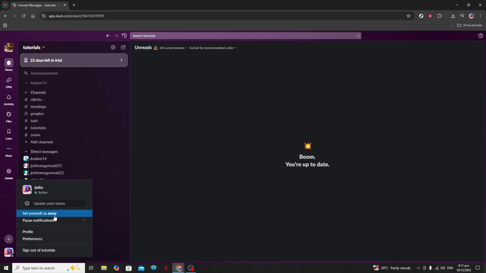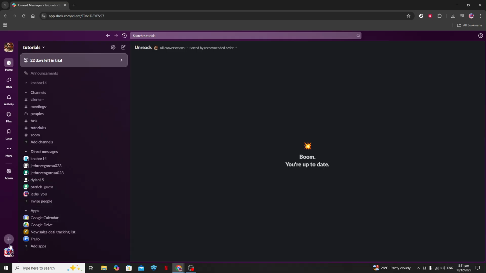However, if you're using the Slack mobile app, the steps are slightly different but equally straightforward. Open the Slack app on your smartphone and tap on the You tab situated at the bottom right of the screen. This tab is where all your user information and preferences reside within the app. Once here, simply tap on Set yourself as away. You'll notice that your status indicator will promptly switch to the away symbol, letting your coworkers know you're not currently